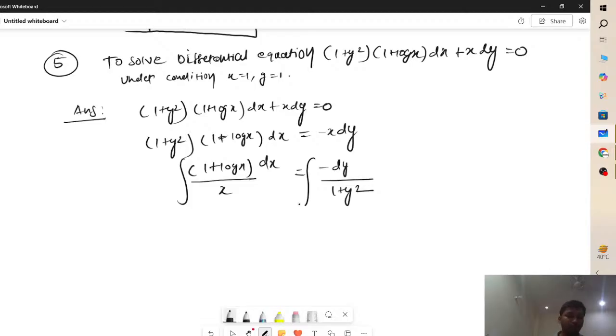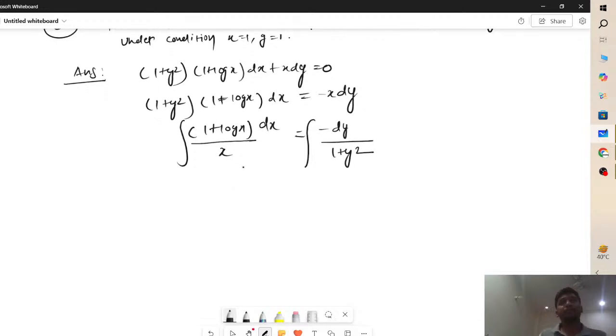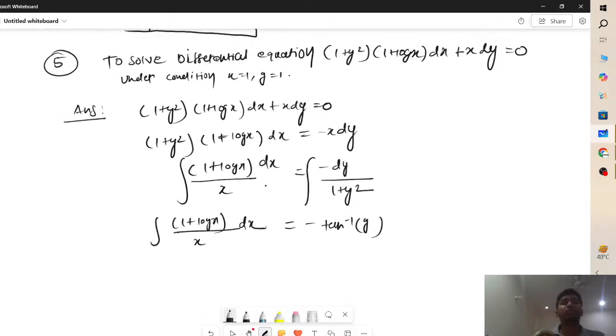नाउ थिंक हाउ कैन यू प्रोसीड। इसको कैसे इंटीग्रेट करेंगे, ये तो सिंपल है, राइट हैंड साइड वाला इंटीग्रेशन ऑफ 1 बाई 1 प्लस वाई स्क्वायर टेन इनवर्स वाई, लेफ्ट हैंड साइड में कैसे मूव करेंगे। सोचो सोचो, इसको तो हम सिंपली लिख देंगे माइनस टेन इनवर्स ऑफ वाई है, which is equals to 1 plus log of x dx। इसको हम प्रोसीड करेंगे अगेन विद द हेल्प ऑफ सब्स्टिट्यूशन। सोच पा रहे हो कैसे मूव करेंगे।